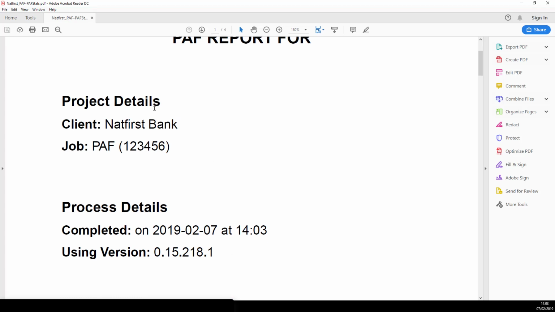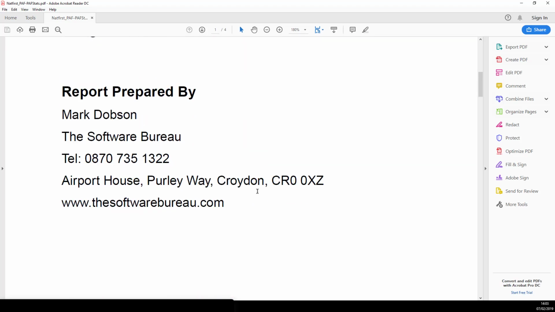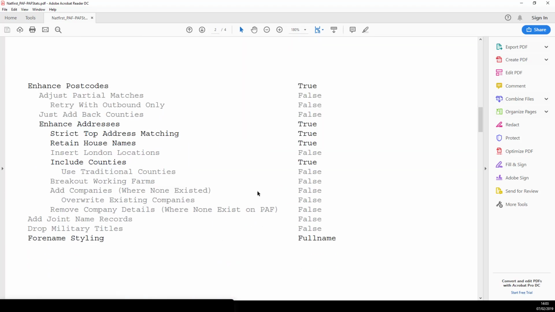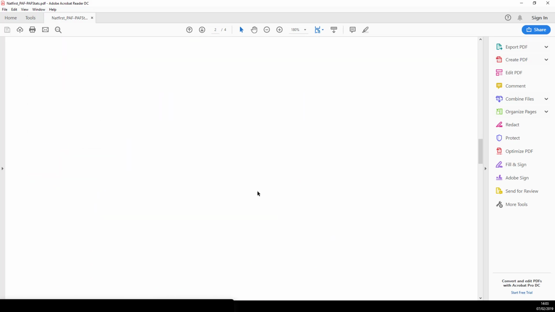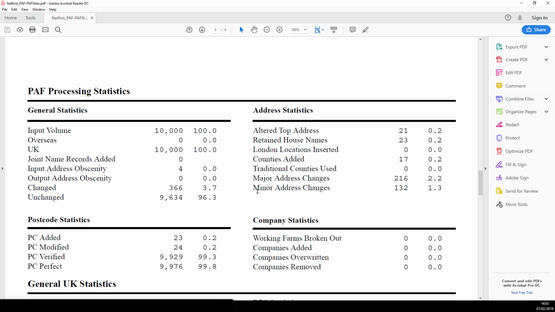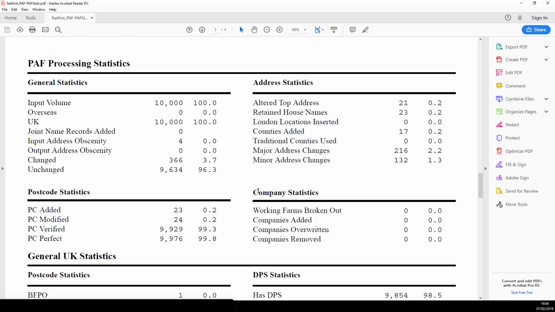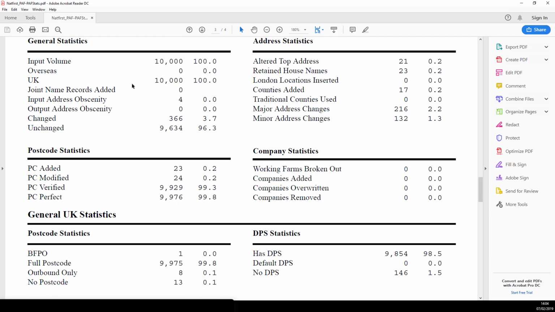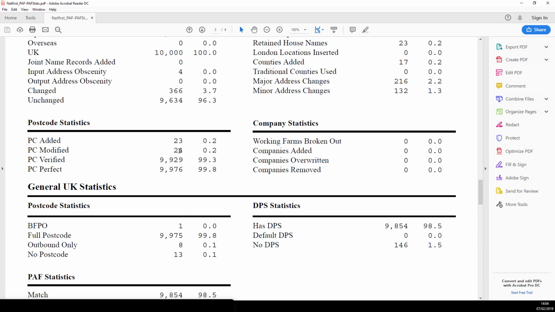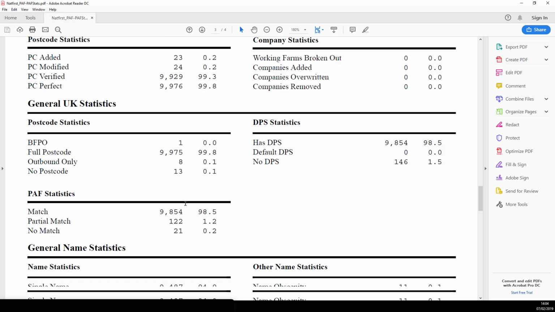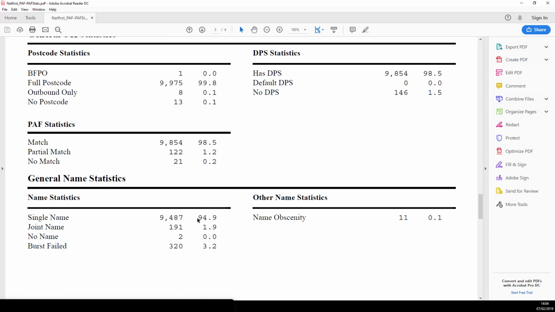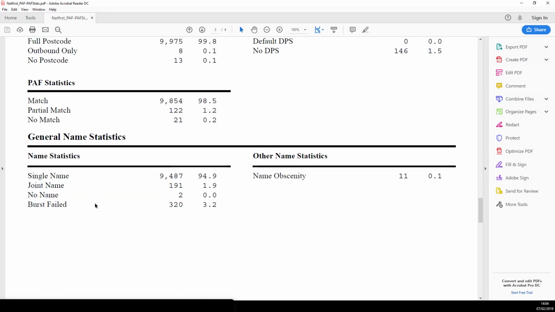So there's the PAF report, project details at the top, who prepared it, what options we chose, and then finally the PAF processing statistics themselves. So what was the input volume, were there any overseas records, were any records changed, how many were unchanged, were postcodes added, modified, etc. Were there any BFPO records,